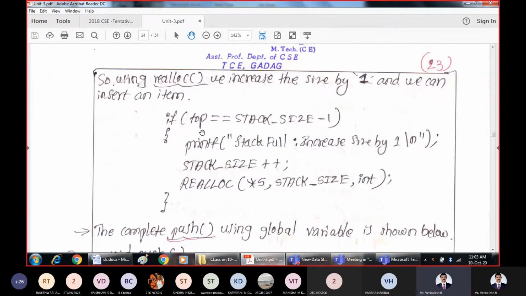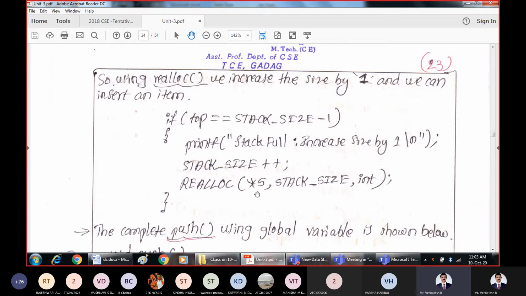The code for that is, first we check whether the stack is full. That is, if top is equal to stack size -1, that indicates the stack is full. We are going to increase the size by 1. How can we increase that? Whatever the earlier size of the stack is, stack_size++. So it will make the size of the stack increase by 1.